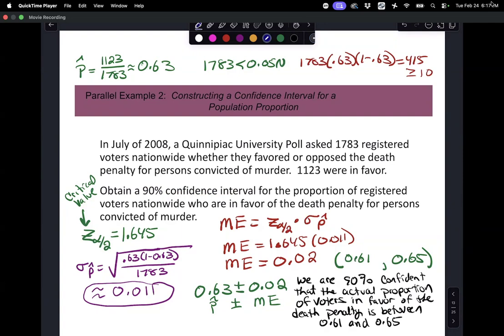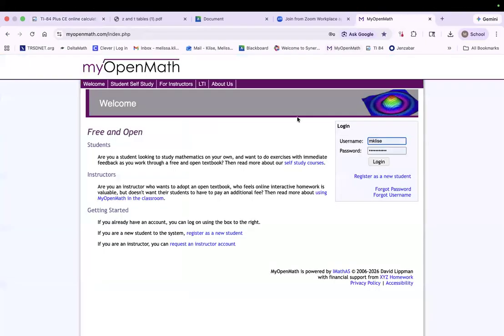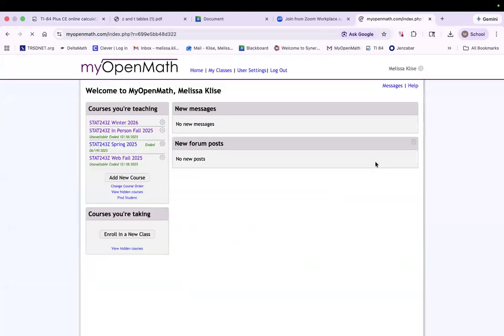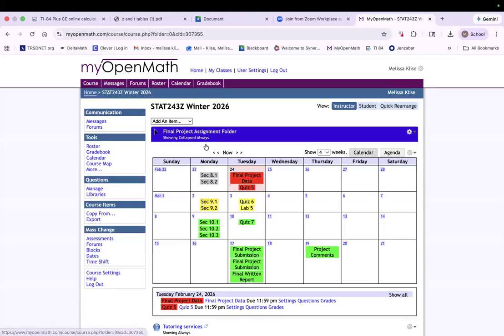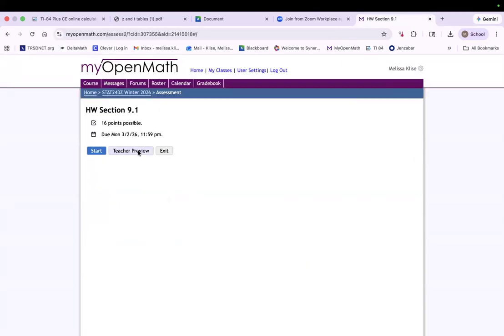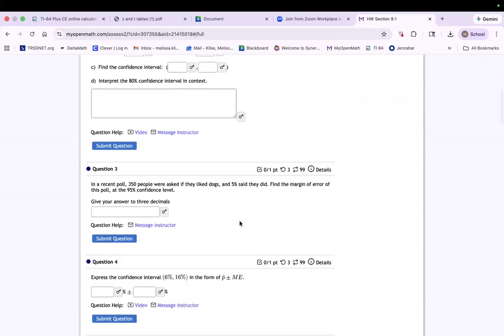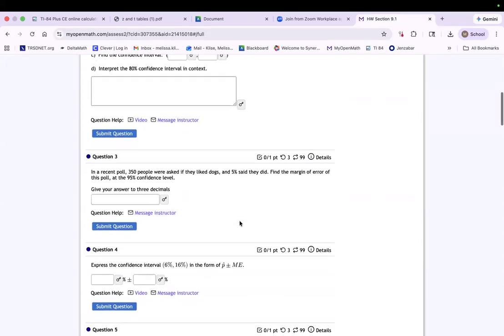So I'm going to jump back to a different screen so I can show you. Maybe I can even get into my OpenMath and help. I don't know if I can get there quick enough. Sometimes my OpenMath doesn't want to open when y'all are here. Okay. So I'm going to look at 9.1 here and find a question like it. My OpenMath tries to make it so you can't use your calculator, and I'm going to see if I can find a question. Oh, yeah, this one right here.